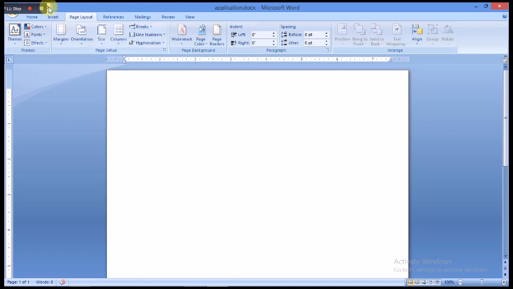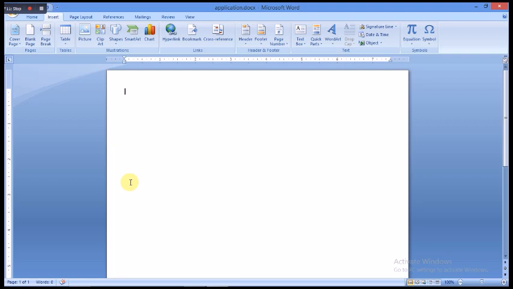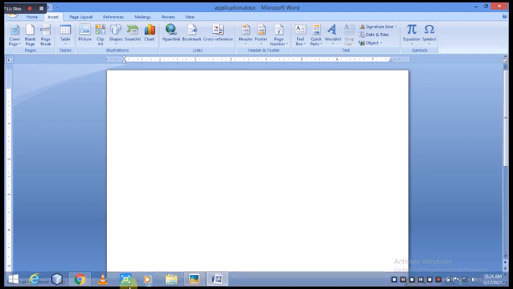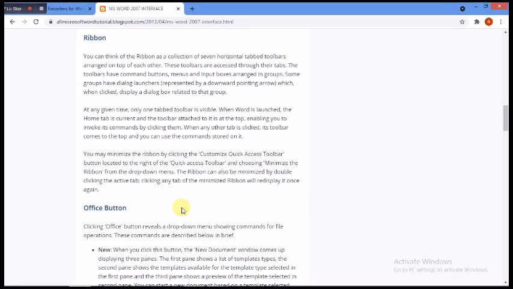Then you may minimize the ribbon by clicking the customize toolbar button located on the right of the quick access toolbar, or by choosing minimize from the drop down menu. So we can also customize the quick access toolbar, and we can minimize the ribbon.